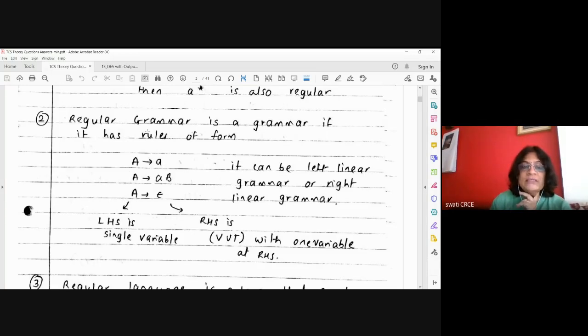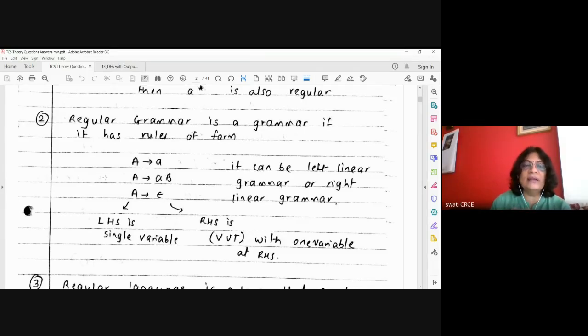Suppose you want to represent this grammar in the form of a tree. The variables are the nodes and the small case letters are the leaves, and the small case letter is nothing but sigma. Small a is a part of your sigma, and capital A are the variables, written in the form of a capital letter. We are going to study this in detail in the chapter on context free grammar, where we will learn how to write a grammar for a language. You have grammar in the syllabus, and that time I'm going to teach you in detail.